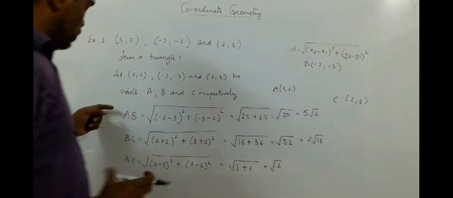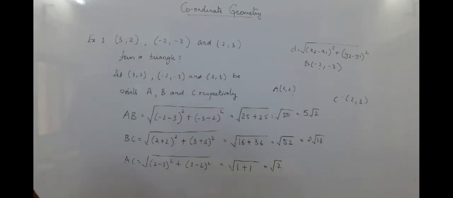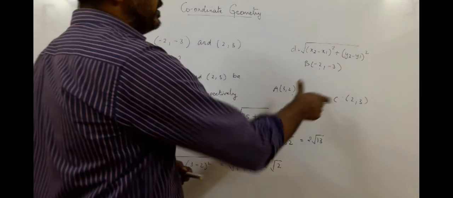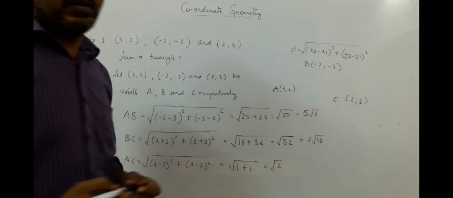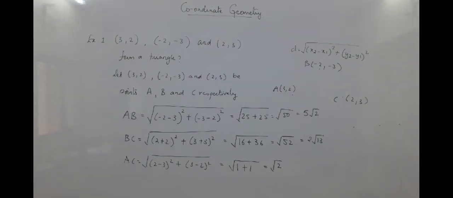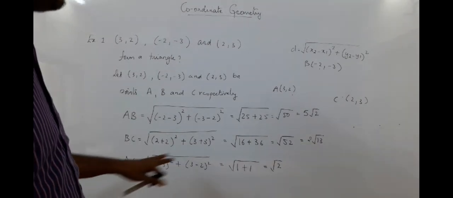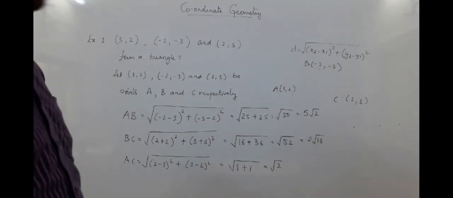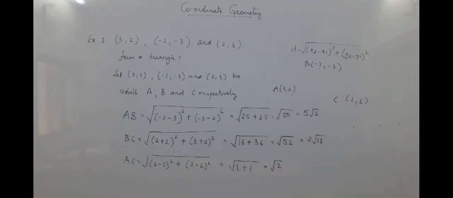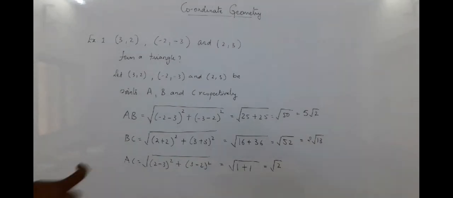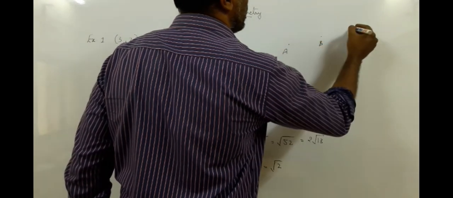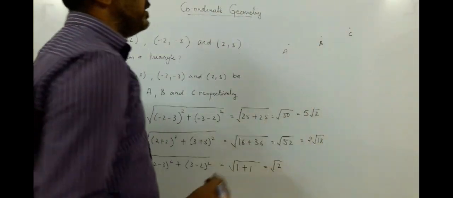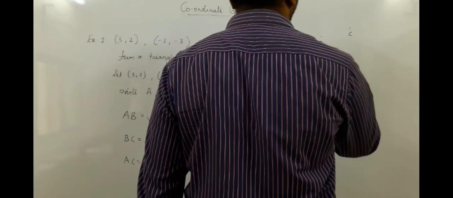Okay. Now, what I told you, if you remember, if all the 3 points were collinear, it would not form a triangle, otherwise it would form a triangle. So how do we know whether these 3 points are collinear or not? So let us keep this as it is and check the condition of collinearity. So if we had a point say A, a point say B, and a point say C, assume they were collinear, they lie on the straight line.